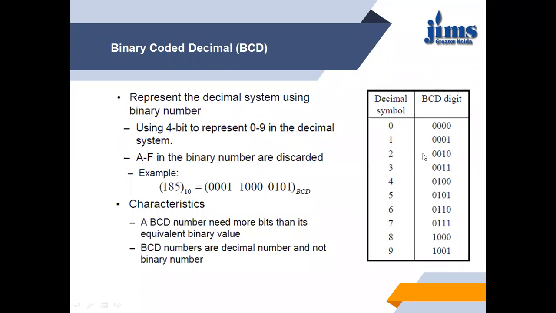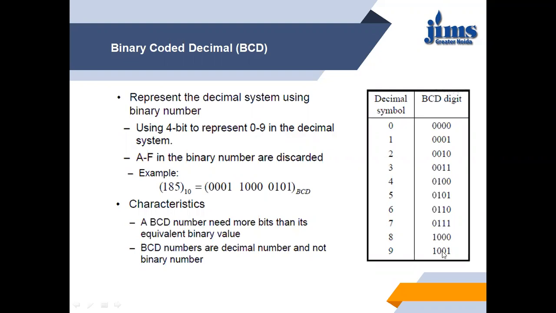These are nothing but the binary equivalents represented in a 4-bit combination. 3 is 0011, 4 is 0100, 5 is 0101, 6 is 0110, 7 is 0111, 8 is 1000,